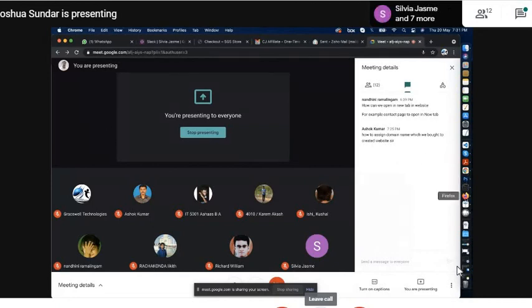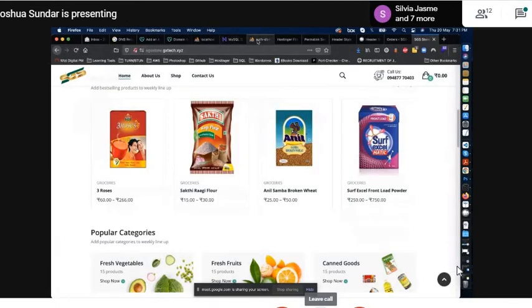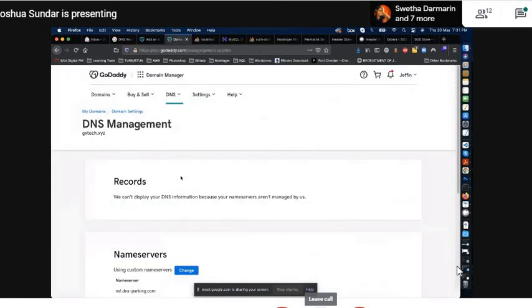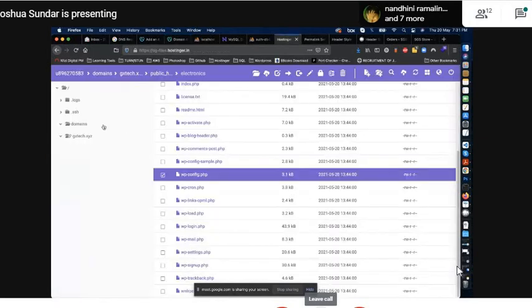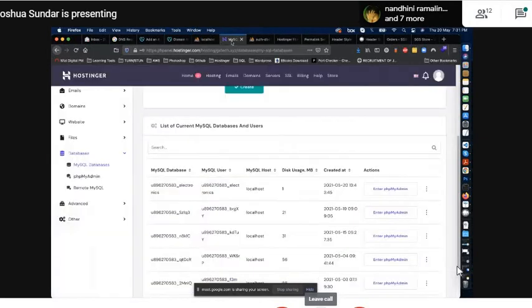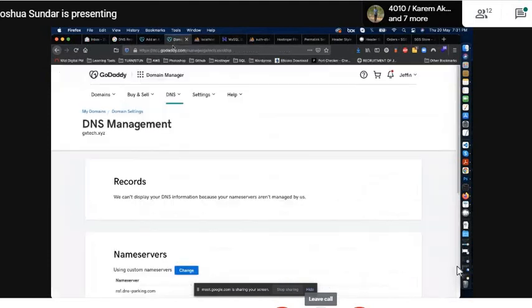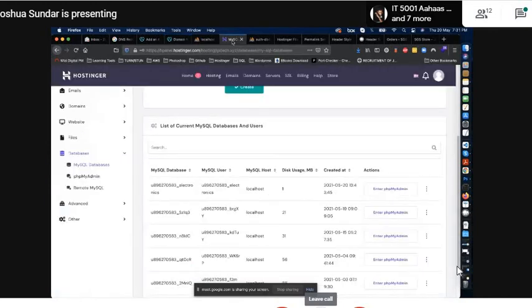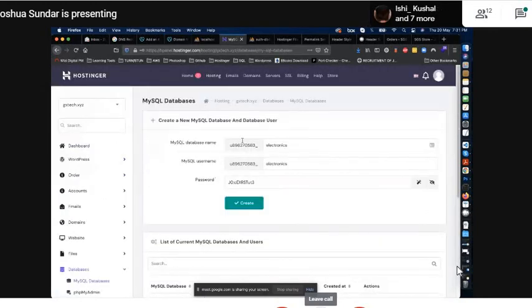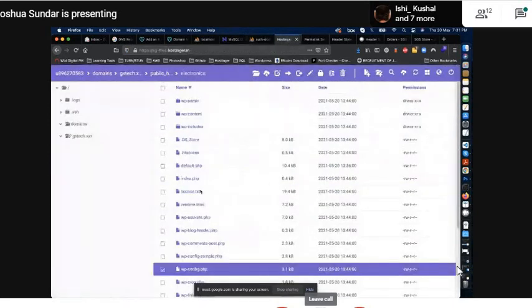Here what we have done is that we have purchased a domain name from GoDaddy. You need to purchase a hosting service from another service provider, or you can purchase hosting service from GoDaddy itself. So you need a hosting service as well. When you get a hosting service, you can move your files to a place called